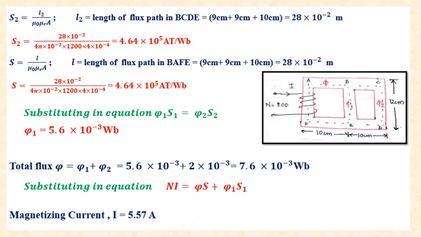In this question, only one thing you have to keep in mind: whether the given dimensions are the dimensions of the core or the flux path. That is the important point in this question. And once we identify it as a parallel magnetic circuit, first of all write all those 4 equations, then proceed from that equation.